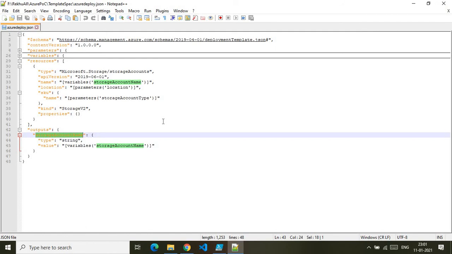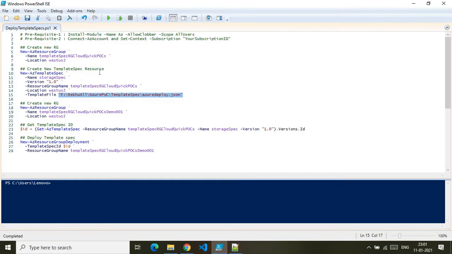Even though I can consume it as it is, there is a limitation in shareability. To achieve shareability and to make it shared more securely, we need to go via ARM template specs. Now I will show you how we can do the same. Let me walk you through the script command by command. First, I'm running this command to create the required Azure resource group. Let me run this.